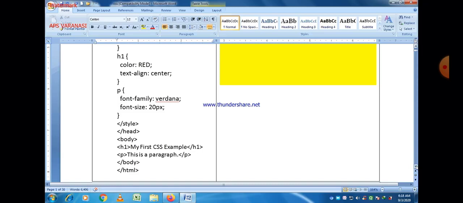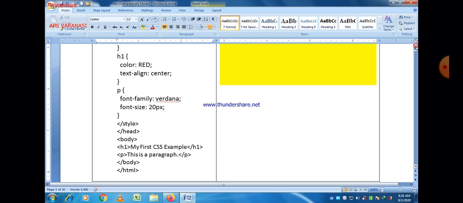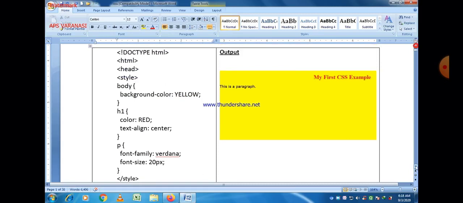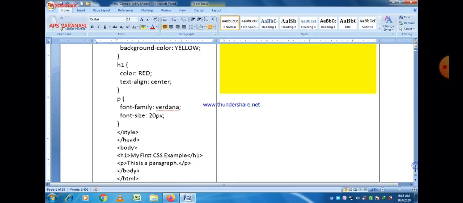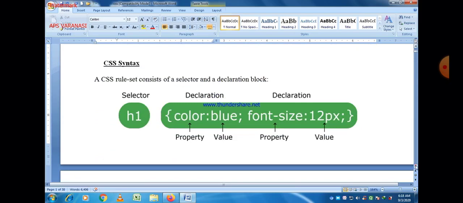Next, the head tag must be closed, so this is applied within the head tag. It is a part of the head tag, and then comes the body, and the rest of the program can be written after that.